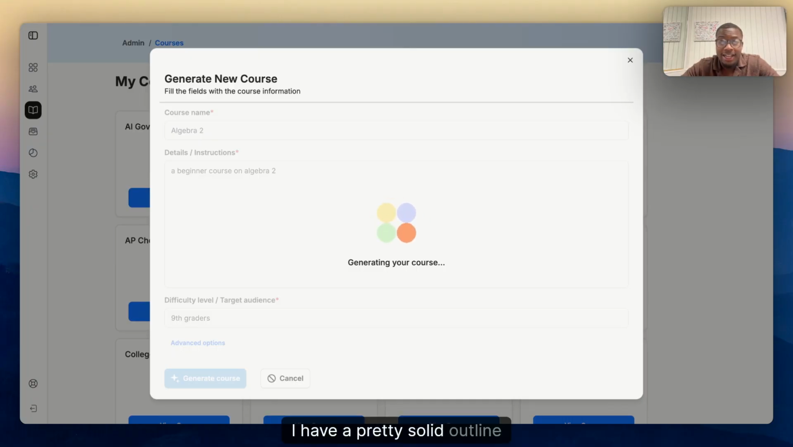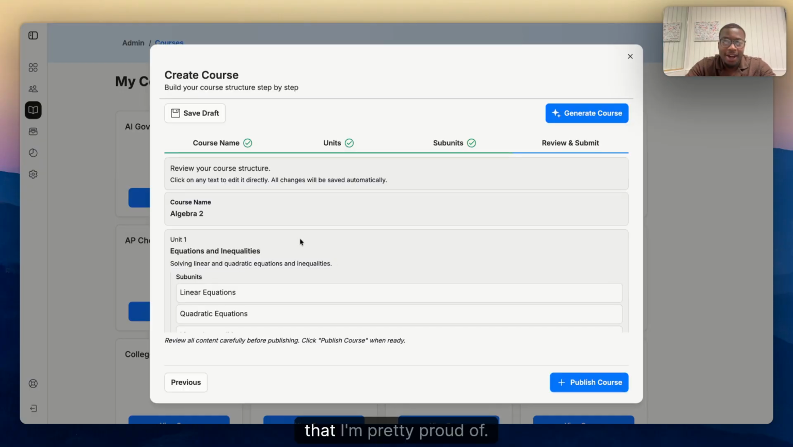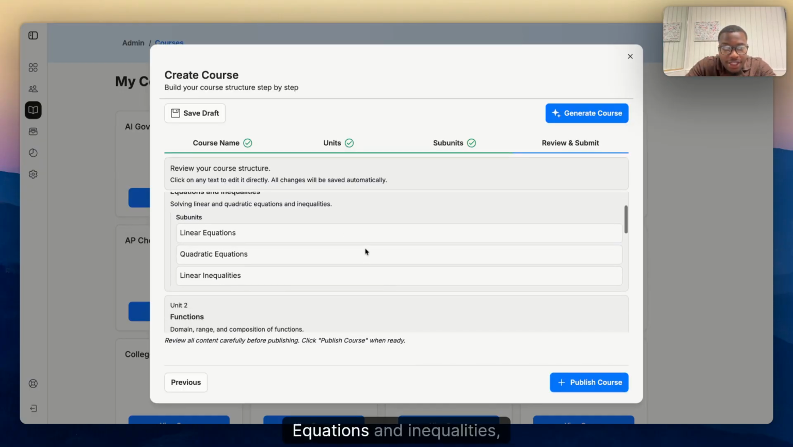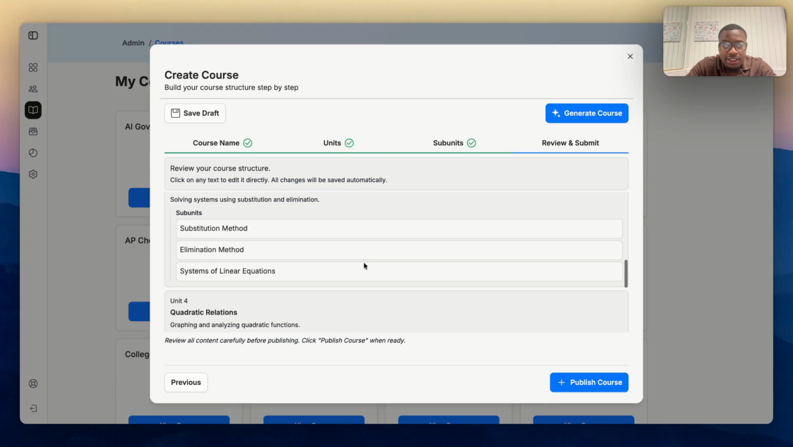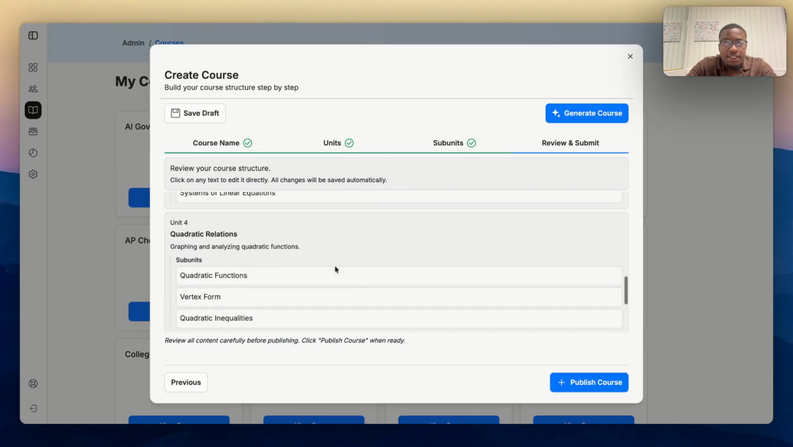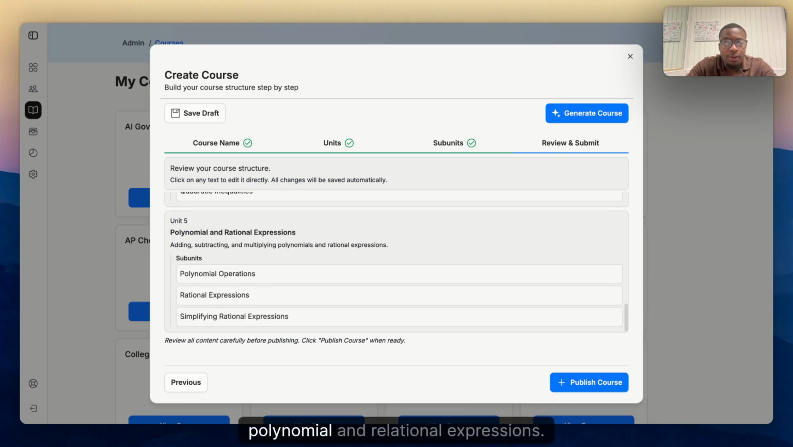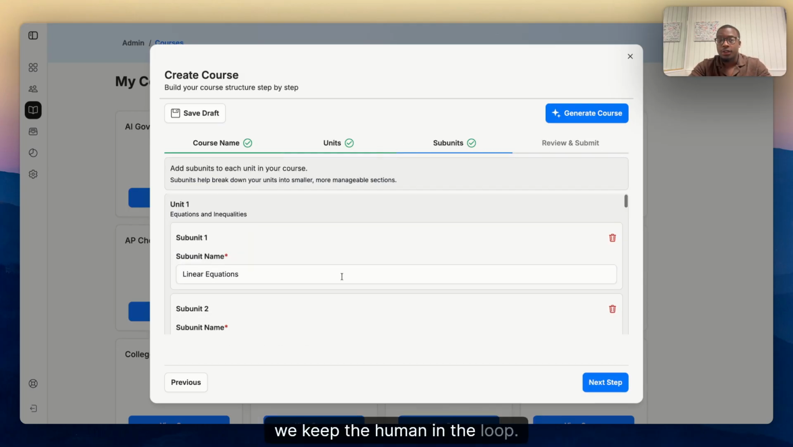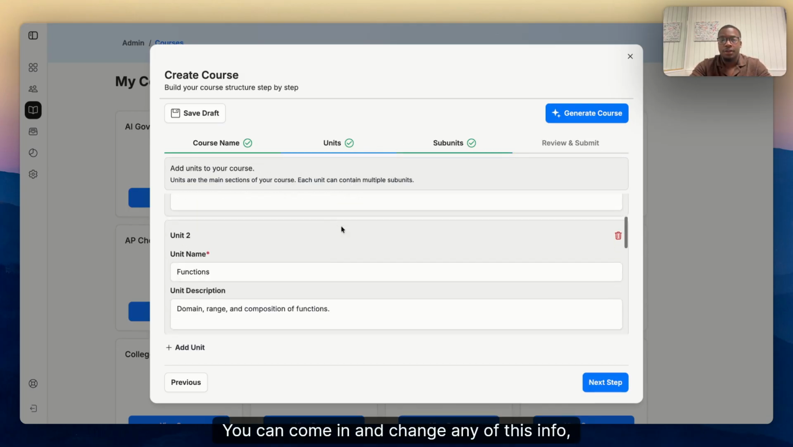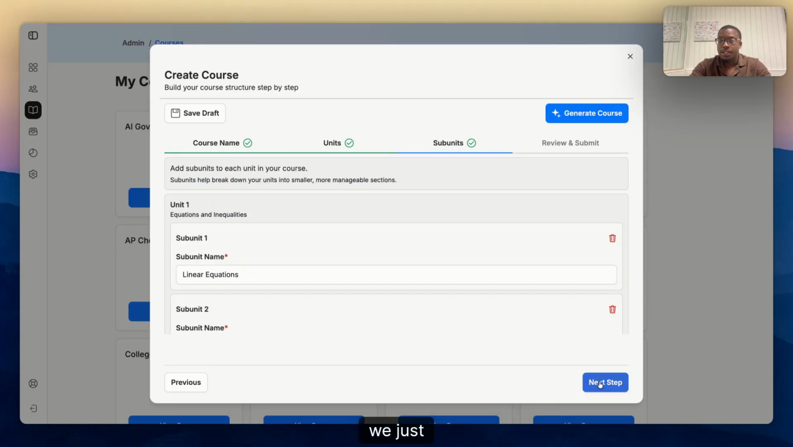I'll have a pretty solid outline that I'm pretty proud of: equations and inequalities, functions, systems of equations, quadratic relations, polynomial, and relational expressions. So as I reviewed there, we keep the human in the loop. You can come in and change any of this info, but if you're feeling pretty good about it, we just